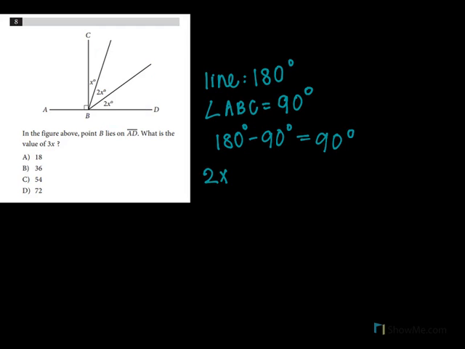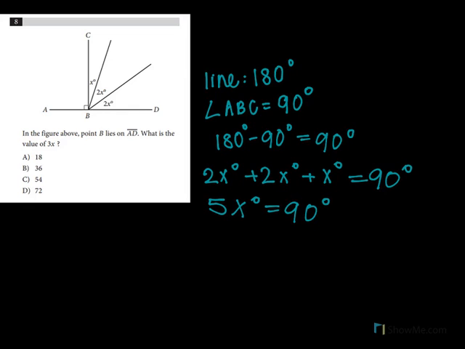So we have 2x degrees plus 2x degrees plus x degrees equals 90 degrees. So basically 2x plus 2x plus x would just simply be 5x degrees equals 90 degrees,